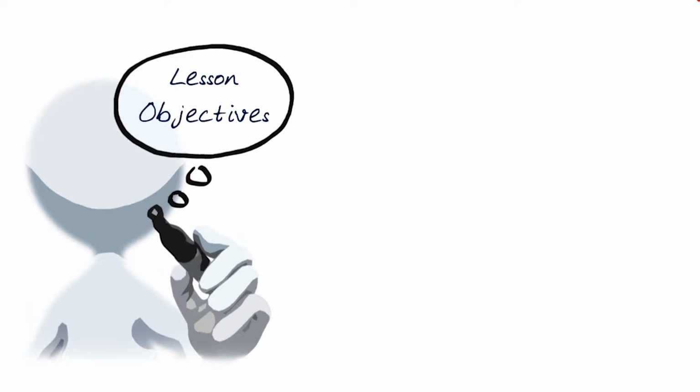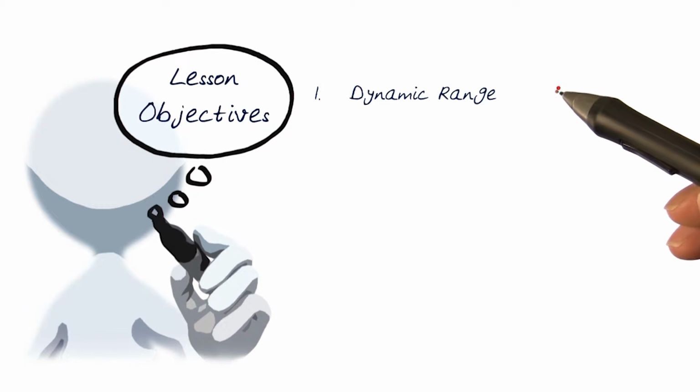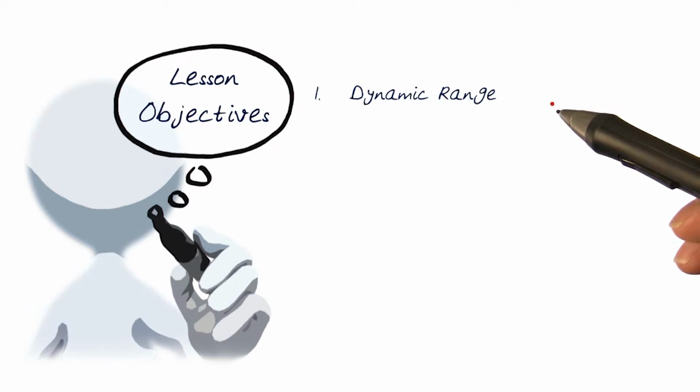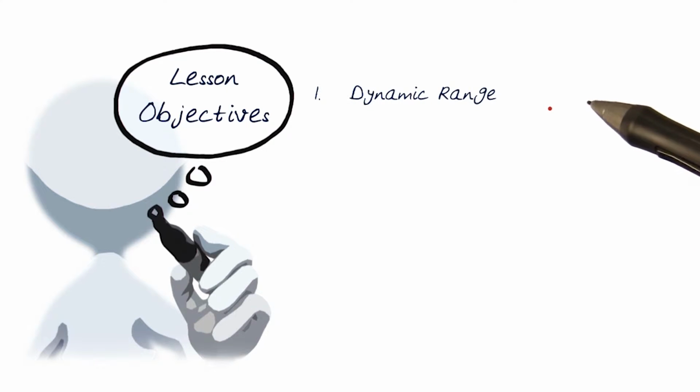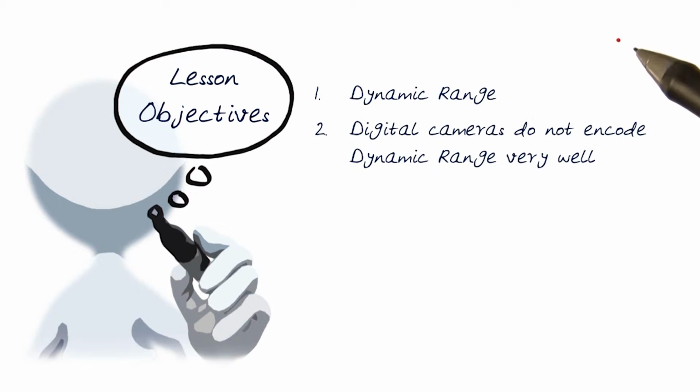So the objectives of this lesson are for you to learn about what dynamic range is. We will specifically talk about dynamic range as a concept that applies to images and how we want to be able to capture real scenes with the lighting and the radiometric information of the scene to capture the best possible image. We'll also think about what makes or prevents a camera from being able to capture dynamic range correctly,